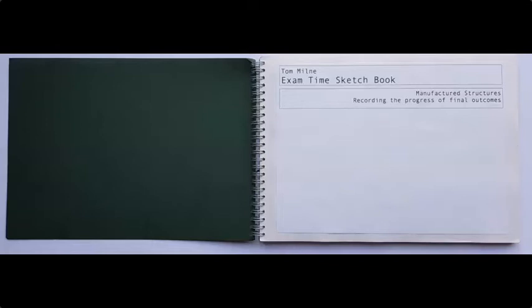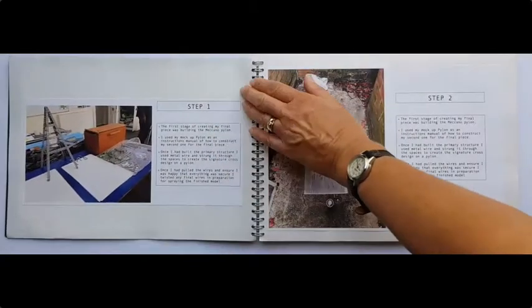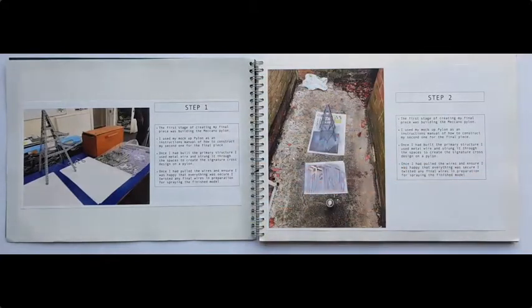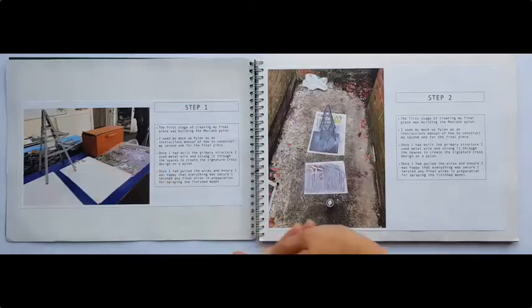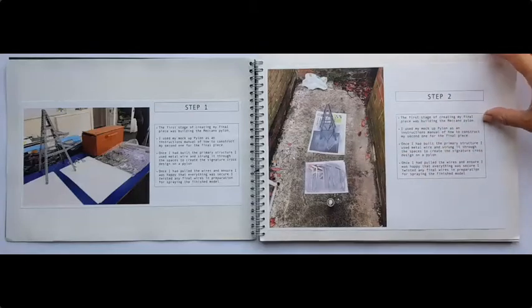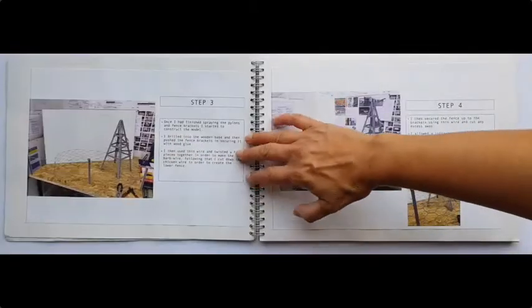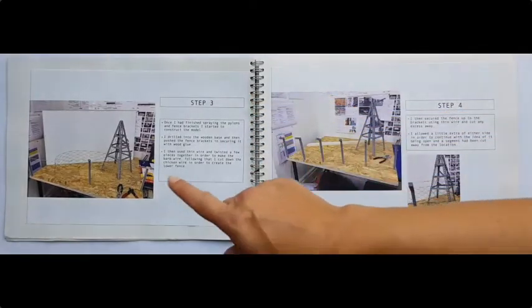So throughout the exam conditions, he started to record the planning, but also what he was doing across the 15 hours. So if we turn to the first page here. So step one here, he's clearly showing the materials that he's got and what he plans to do, and he's got his maquette Meccano of the pylon, so that he's equipped already to be able to create that during the exam condition. Here he's then spray painted it, give it that nice matte finish, and then he starts to build